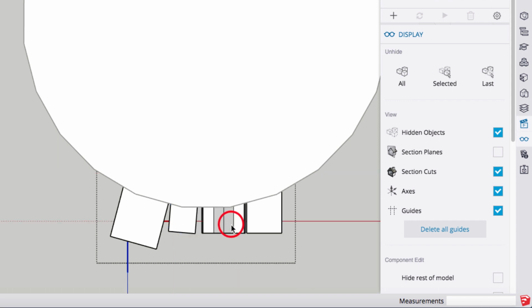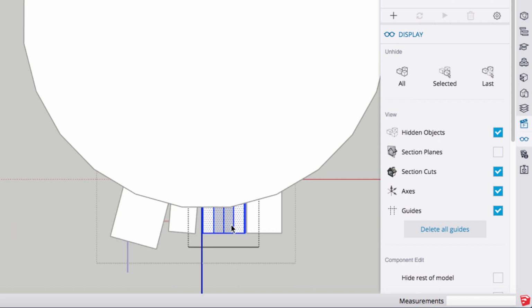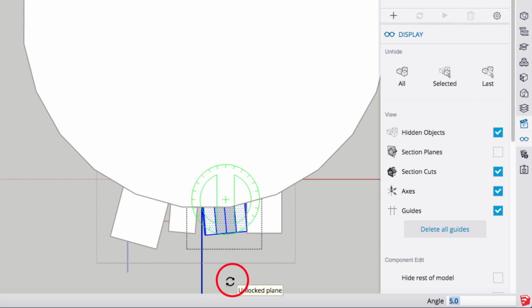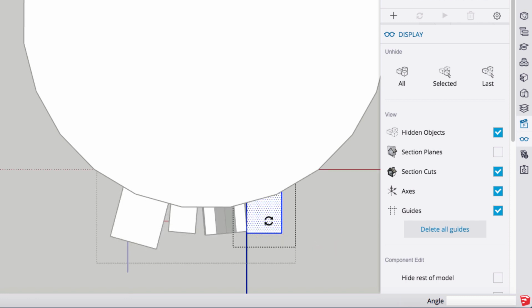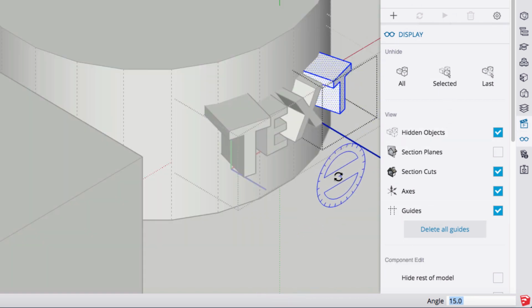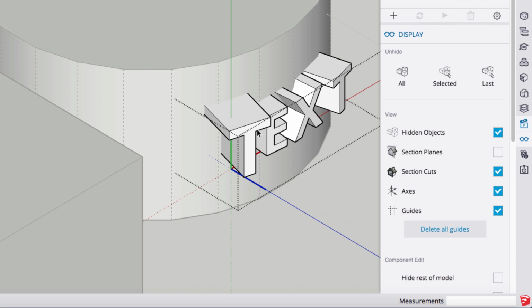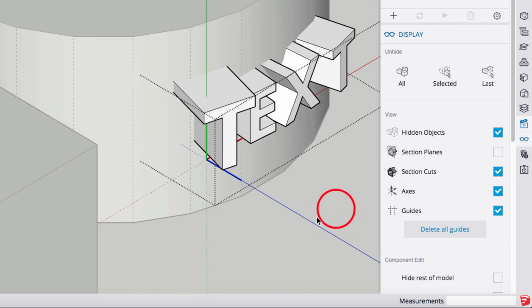Hit my space bar, grab that separate component, which is the letter X, Q for rotate, click about the same place along that face. I'll come down to some arbitrary point. I'm going to try to match that same angle there, and then click outside, grab this one, Q for rotate, grab it about there, come down to here, and pick a spot like that. So let's take a look at a 3D view here to see what we've got. And now the letters are somewhat wrapped